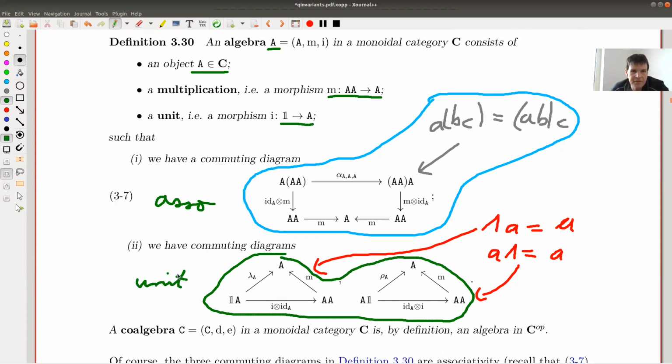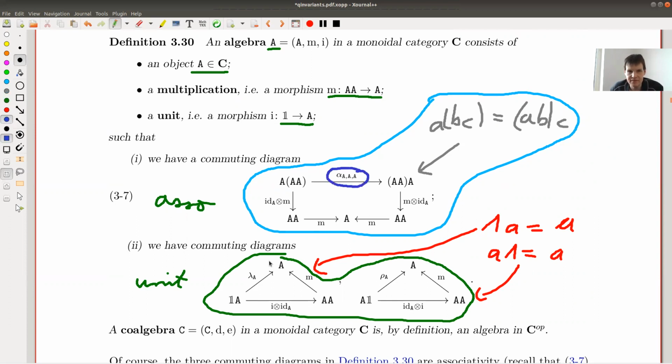And the only thing I did is I wrote everything in terms of commuting diagrams. There's no secret whatsoever. Yeah, so this is a pretty harmless definition. We'll see some examples in a second. The only thing I should mention here